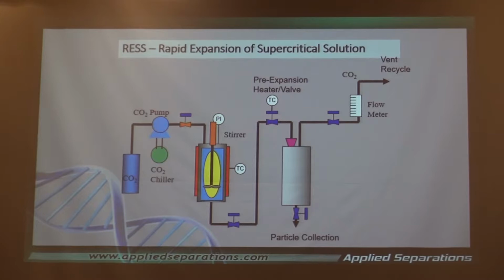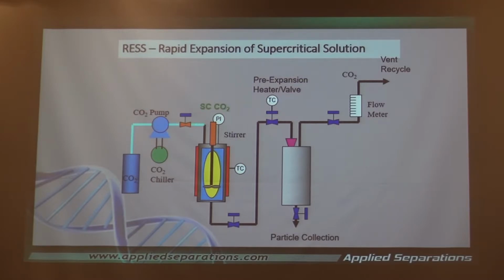We want to keep it homogenized, so we put a stirrer in this as well. We can put a stirrer in a pressure vessel. There's no problem in doing that. It's engineering, but you have to go ahead and do it. Even though you have pressure vessels that go to 1,000 bar, we can also put stirrers on these so that you can ensure that you've got a homogenized sample, a homogenized mix.